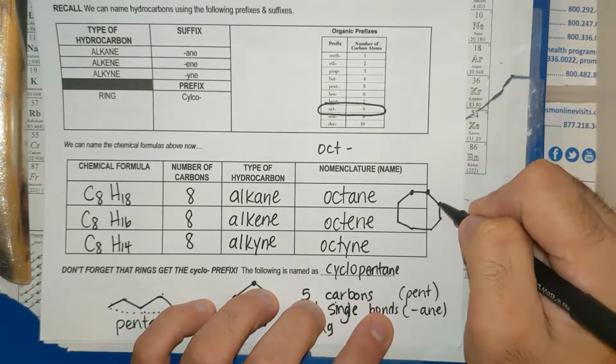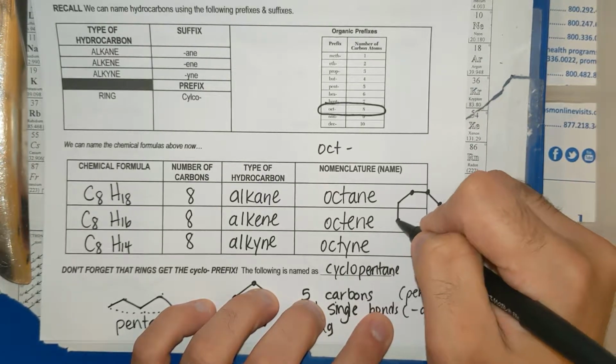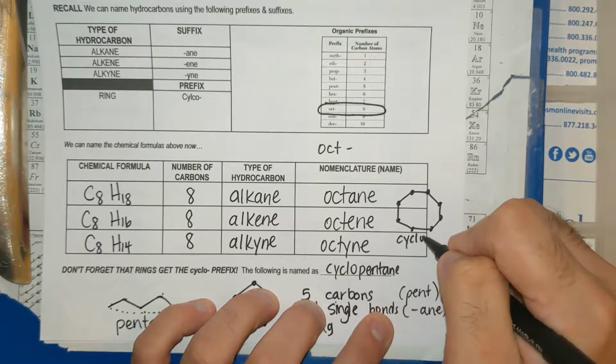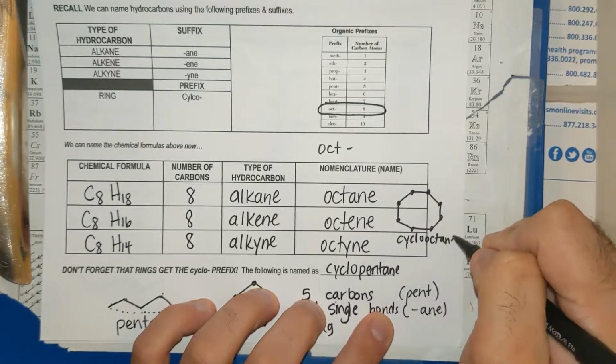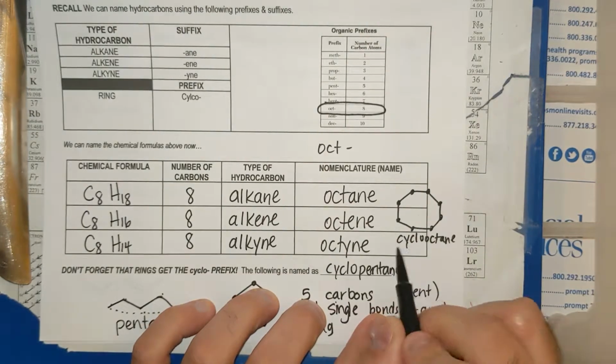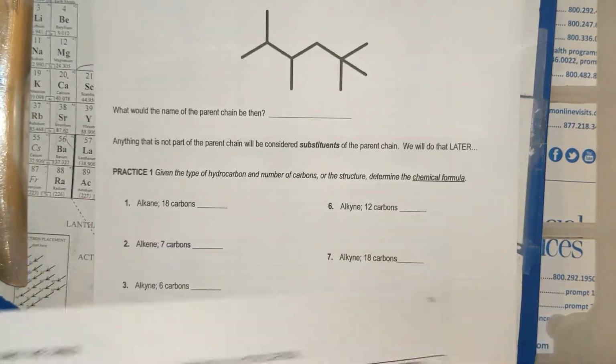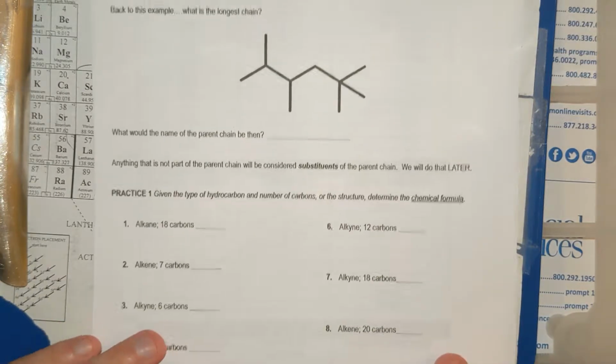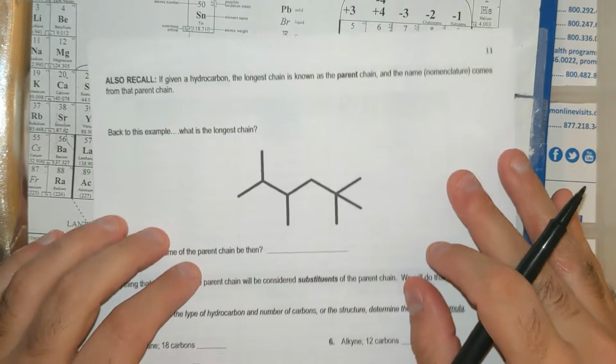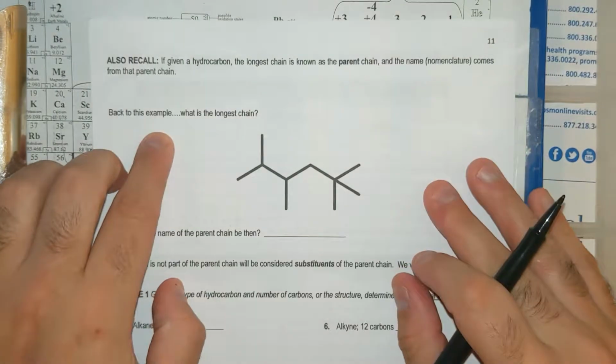1, 2, 3, 4, 5, 6, 7, 8. This would be cyclooctane: 8 carbons, all single bonds in a ring. Okay? All right, so going back to this, if I wanted to name this parent chain, if I'm given this